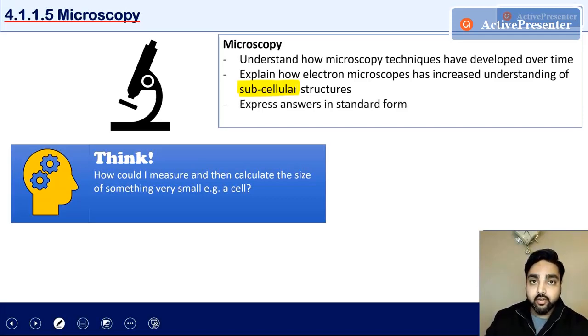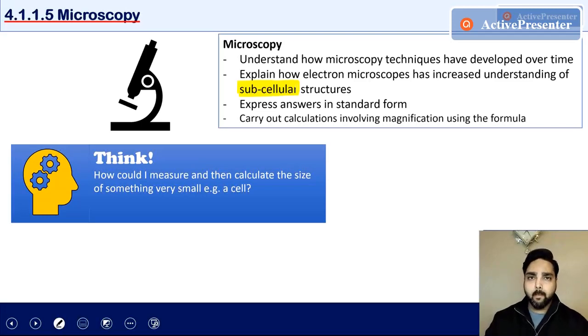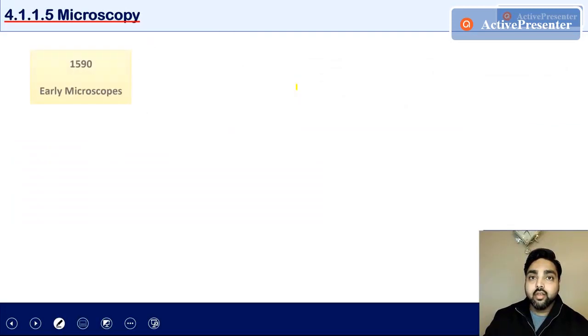Express answers in standard form, and I'll talk about that when we get there, but this is something you've learned in maths and hopefully we can build on and develop and apply in science. And then finally, carry out calculations involving magnification using the formula. As always, make sure you've got a pen and paper, something to write on and something to write with, and let's go. So the early microscopes were developed in 1590, and it wasn't until about 350